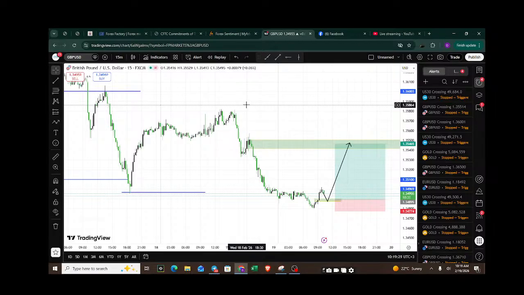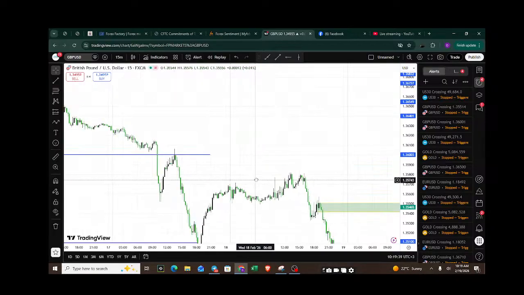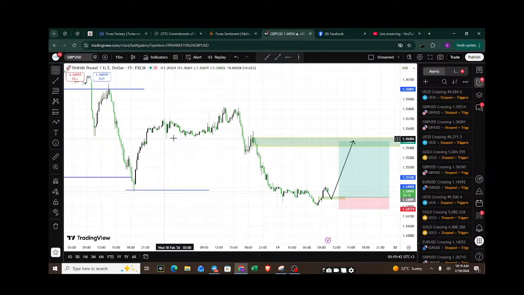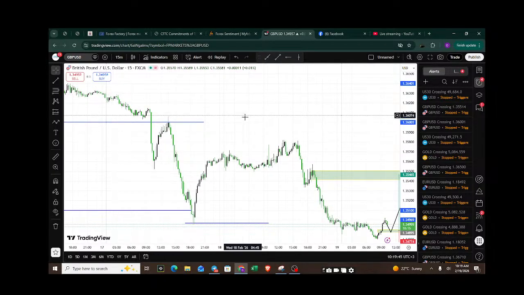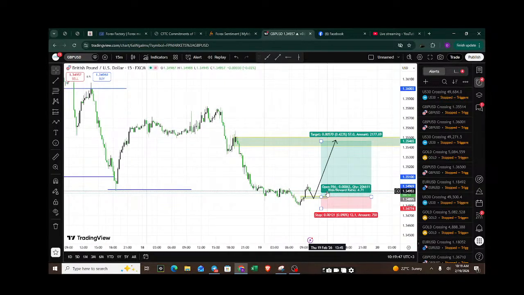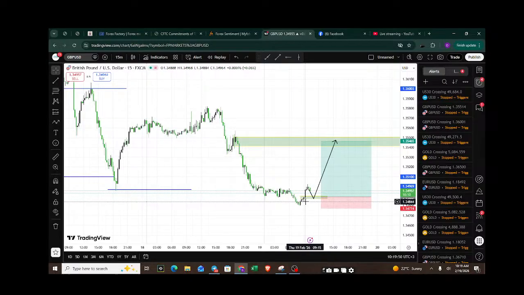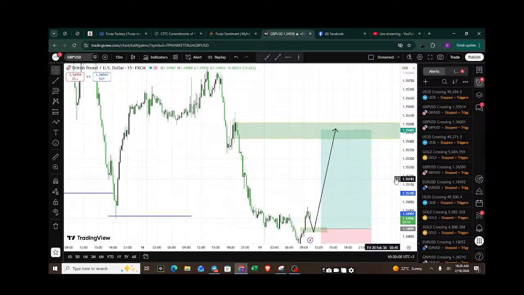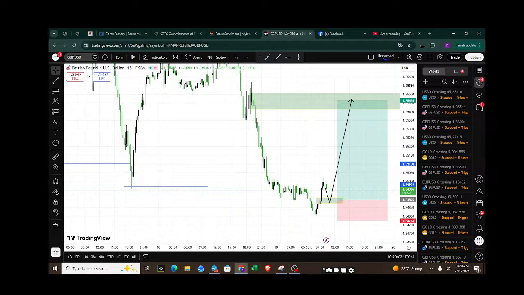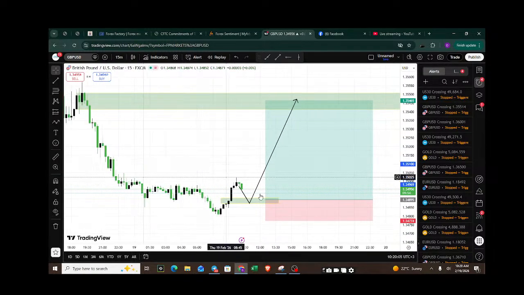Now, my overall bias for GBPUSD is still a buy. That is still a sell this week based on our price action for this week. So price action for this week has just been nothing but sell opportunities. So I'm expecting that we are going to get such a move. Do you see this move from this point to this point? That's a retracement. So I'm expecting that we are going to have that retracement today also, possibly during the London session. Then we can get to the